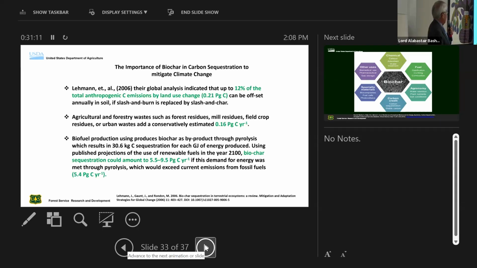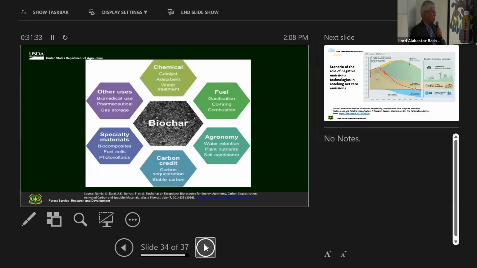scientists indicate that at the end of the century, using biochar, sequestration can amount to almost between 5 to 10 petagrams of carbon per year, which is more than the amount of emissions that we produce per year at this moment. I really don't know if we can achieve this, but I'm quite sure that biochar can contribute in many ways to the well-being of humanity. And this is because biochar at this moment is mostly used for agronomy purposes in agriculture or gardening to increase water retention, increase soil productivity, decrease the use of nutrients, increase microorganisms,